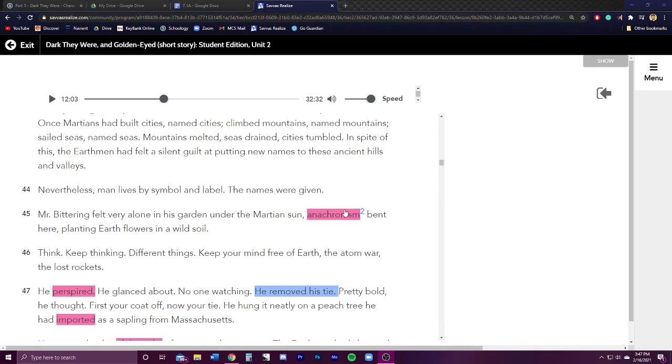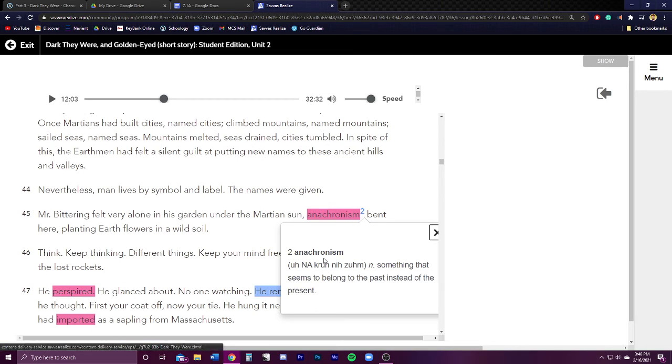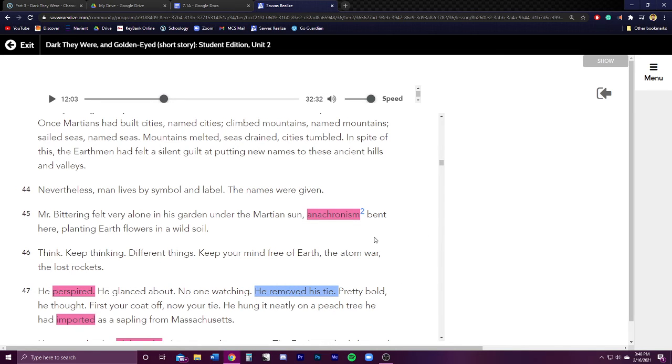Look back to paragraph 45 with me. It says that he's gardening and he's putting down plants in the Martian soil from Earth. So normal plants that he's known all his life, and they feel like an anachronism, which is something that is out of place and out of time. This feeling is the feeling I've been describing that you might get if you now, as a 13, 14-year-old middle school student,